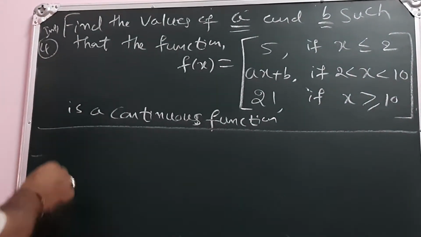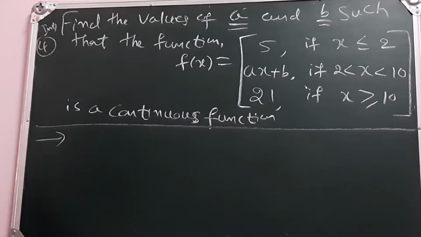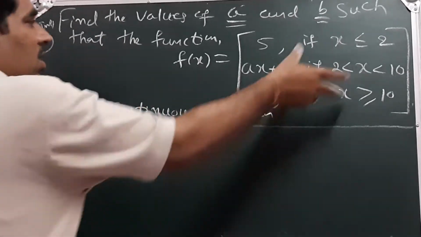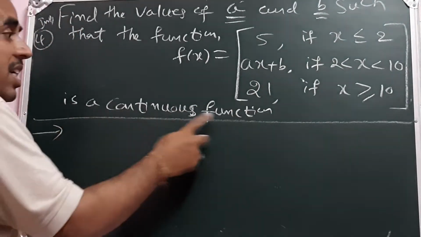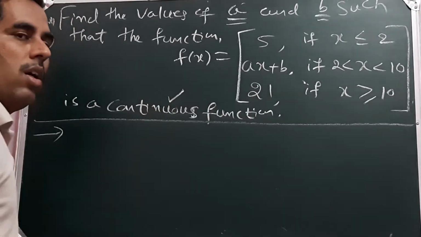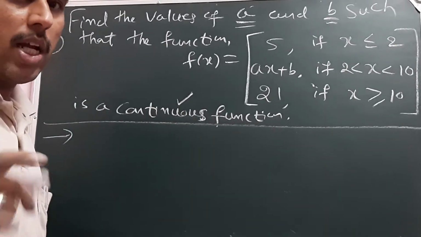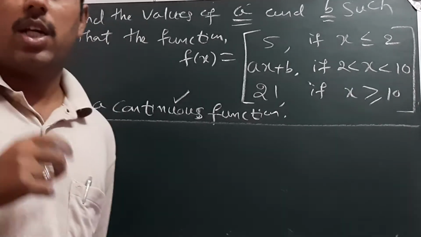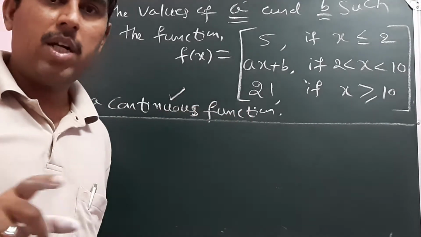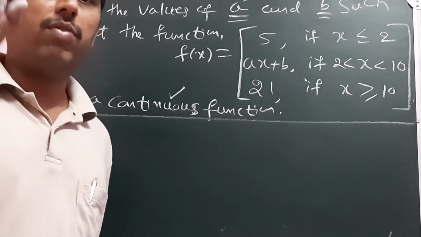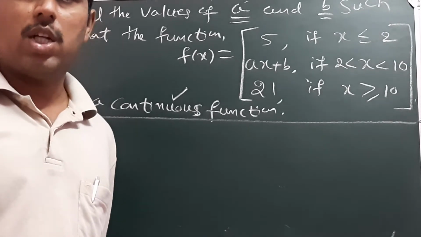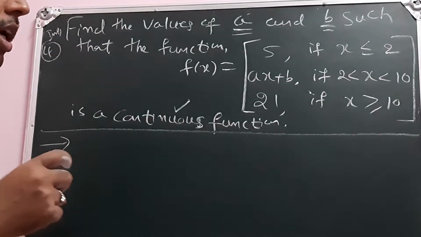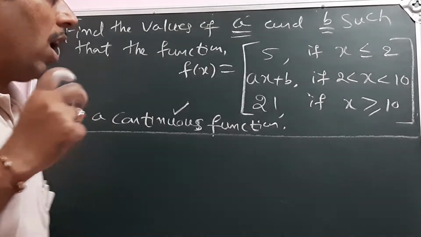Before proceeding to the solution, observe what we have to do: we have to check that this function is a continuous function. Once again, observe this point, it is already given that the function is continuous. So once the function is continuous, what will be our decision? Function is continuous means left hand limit is equal to right hand limit is equal to the value of the function, that is LHL equals RHL equals f of a. We shall use that point also. And afterwards, see how many points are there here.